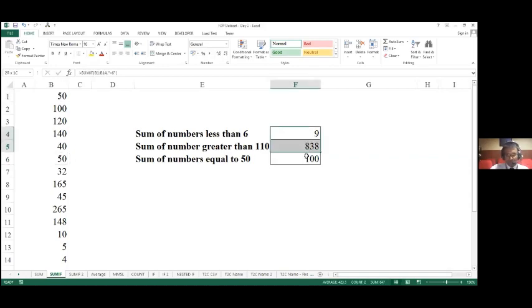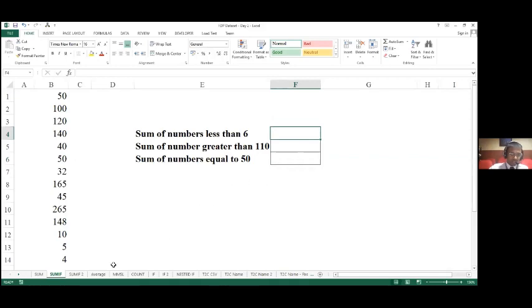So I hope all of you have got an understanding about SUMIF. SUMIF is the functionality that we will be using when we want to carry out summation, and in this case we are defining the criteria and we want Excel to carry out the summation only based on the condition that we have specified. What I have just demonstrated for you is SUMIF in a very simple form.